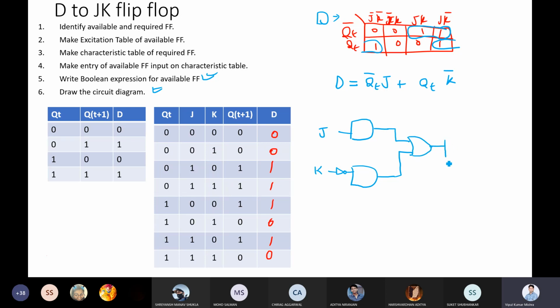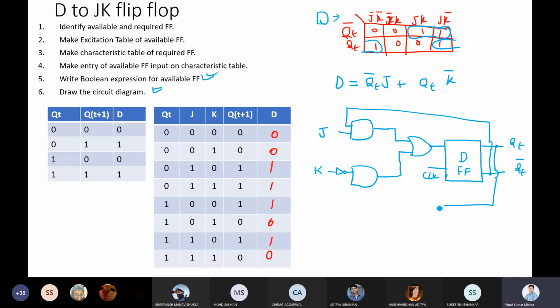And this OR will feed into the D flip-flop, and the output is Qt, and here the output is Qt bar. And here we have the clock. Right. Now I want Qt bar with J. So I will take this Qt bar and quickly pass it here. And in this moment, I want Qt here. So I will take this and pass it here.